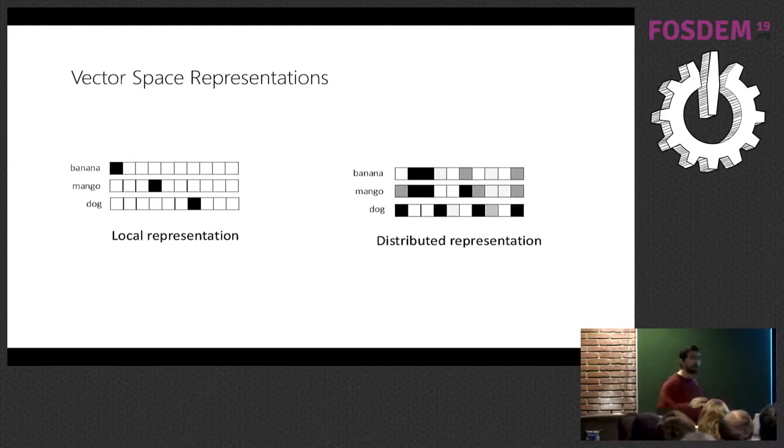So in the beginning of machine learning, people had this idea of local representations. You have a huge vector where everything is zeros, but one component is one. And now this helps us discriminate that if the first element is one, then our item will be a banana, or the other one will be a mango, and so on and so forth. But this is not necessarily the most efficient way of learning this.